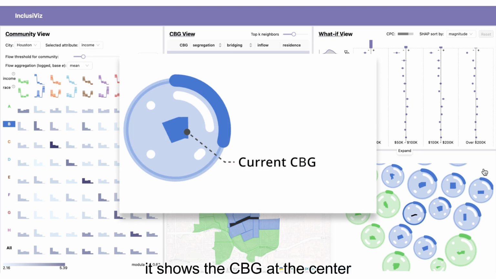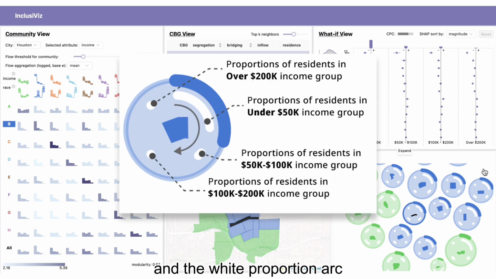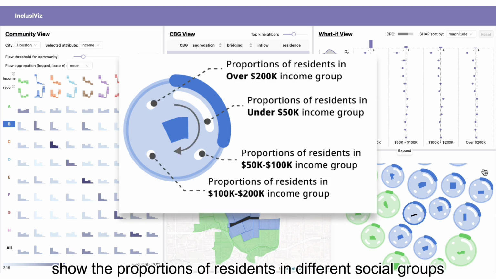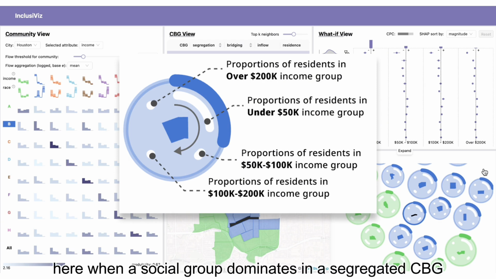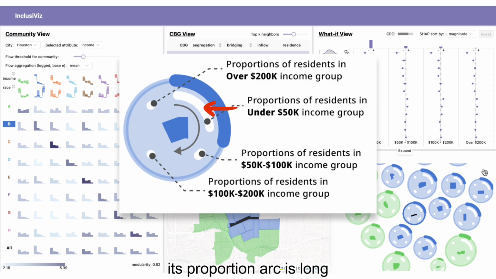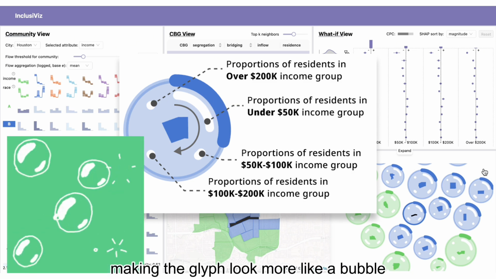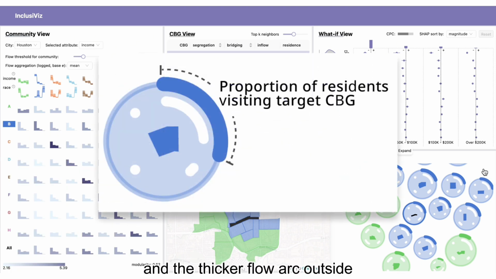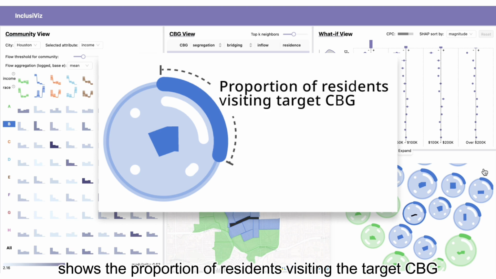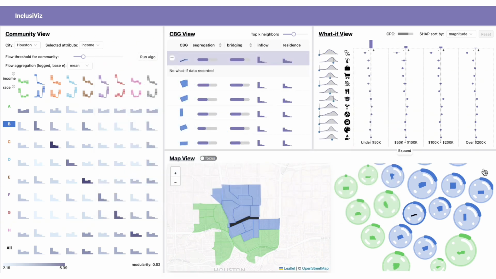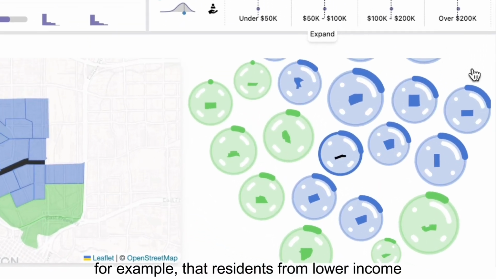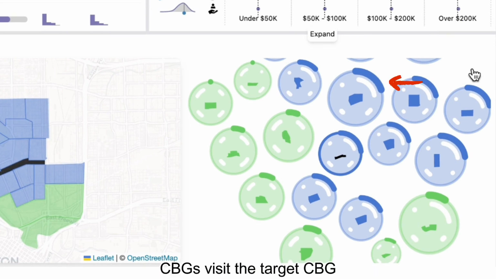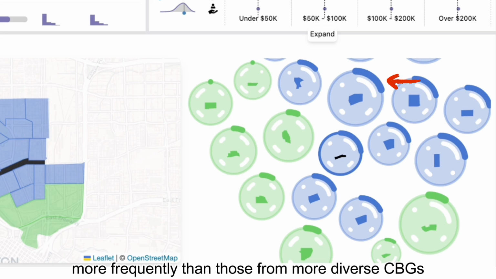It shows the CBG at the center, and the white proportion arcs show the proportions of residents in different social groups. Here, when a social group dominates in a segregated CBG, its proportion arc is long, making the glyph look more like a bubble. And the thicker flow arc outside shows the proportion of residents visiting the target CBG. You might see, for example, that residents from lower-income CBGs visit the target CBG more frequently than those from more